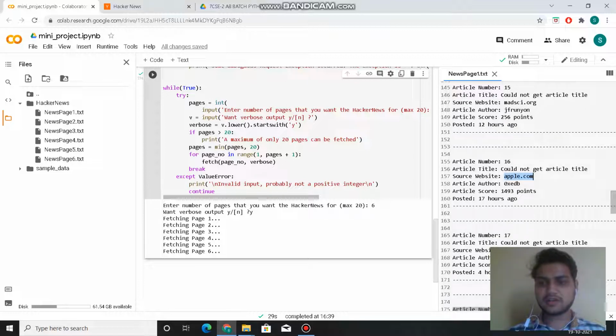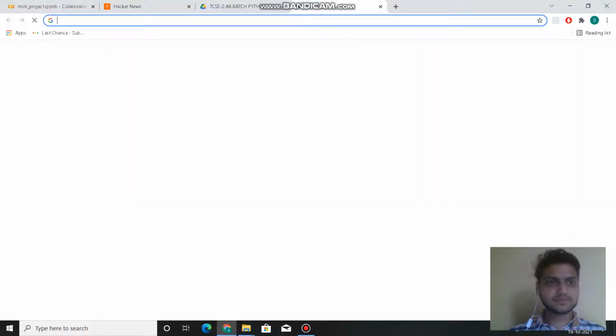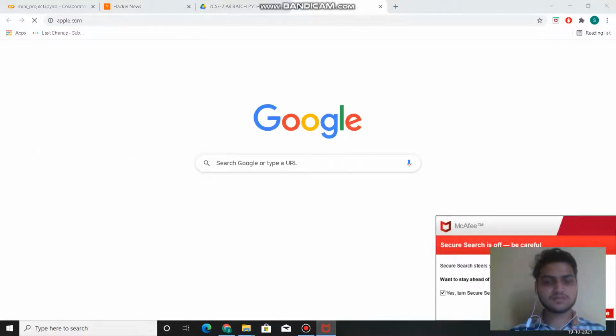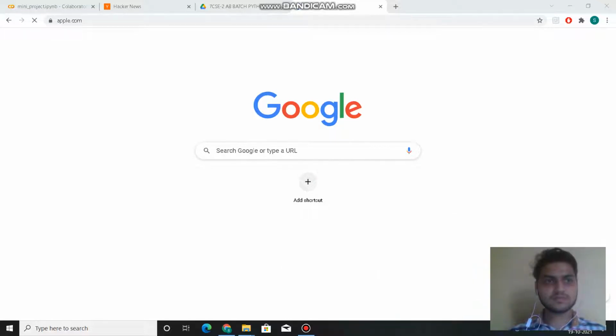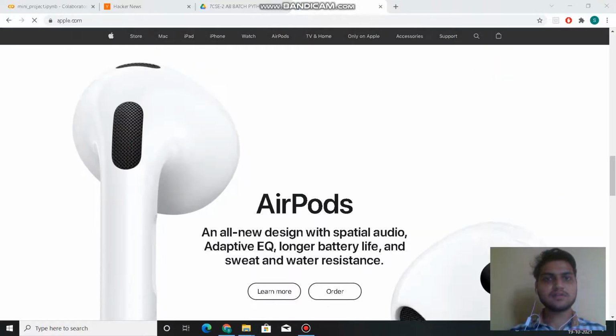For example, we have article number 16. We have the source website, so we can copy it, and this is the website of Apple that we found.